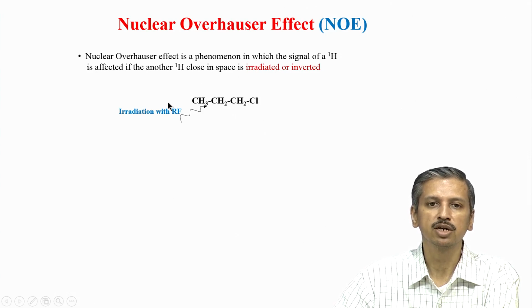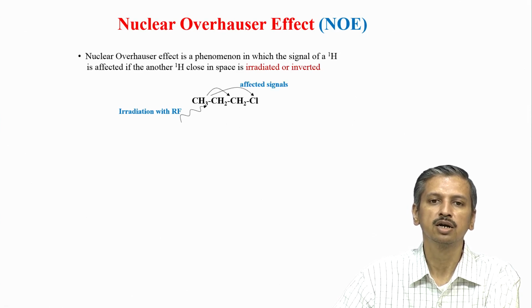So, basically the initial 1D NOE, which started in the very beginning, worked like this: you take an RF pulse and irradiate selectively on one particular proton. The entire spin system, again remember the word spin system, all the protons which are close to each other, will be affected. Therefore, their signals in the NMR spectrum are also affected. This is one of the earlier concepts which started in NMR.